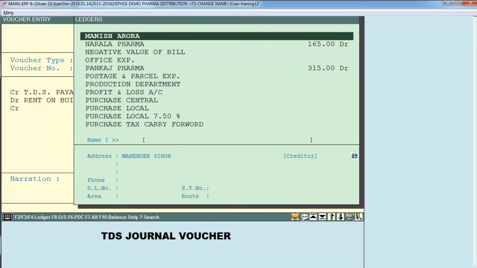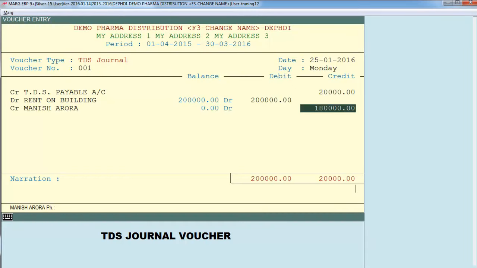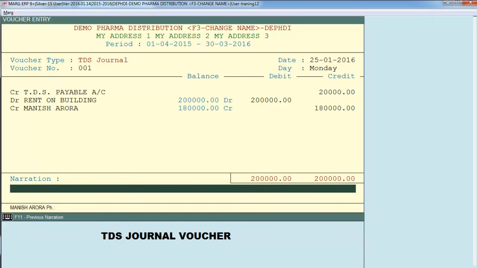Press enter. Then you see the rest of the amount has been automatically calculated by the software. In this way we have generated an entry for payment due, and at the time of due itself we have deducted TDS as well. Now press enter and define a narration if required. Then press enter